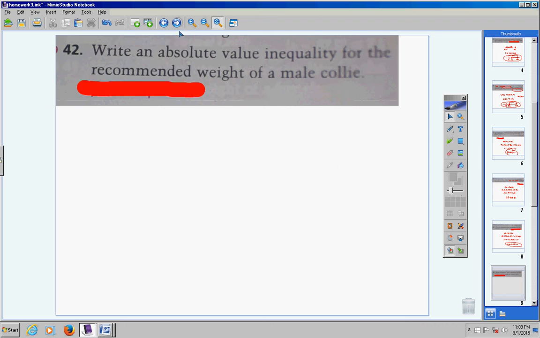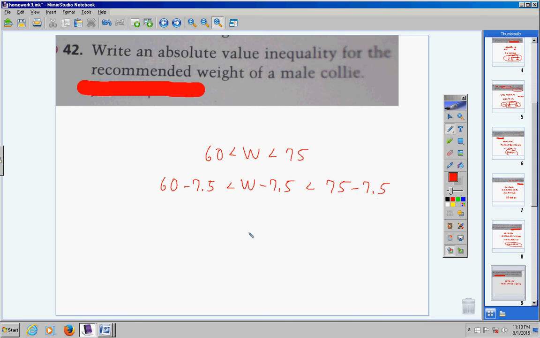Alright, last problem. Now they want us to do the same thing for the specifications for the male collies. Well, if you read the directions, it says the male collies can weigh between 60 and 75 pounds. Okay, so the weight should be greater than 60, less than 75. If you take the average of these two, you'll once again get 7.5. So 60 minus 7.5, W minus 7.5, and 75 minus 7.5. Now, if we subtract these two here, we're going to get, let's see,